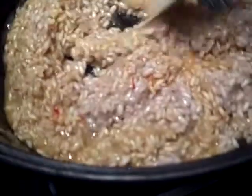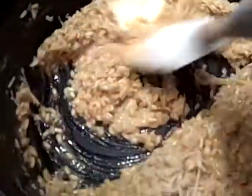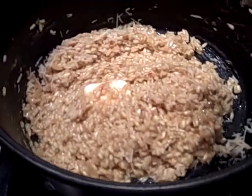Still stirring. Then I'm going to take it off and put in the butter and cheese. I now have the butter and cheese. I'm going to stir it up. And notice I didn't add any salt or any other seasonings because Lord knows there's enough salt in the chicken broth. But I'm going to stir that up, put it on a platter, and put my cedar planked salmon on top of it. And for those of you who would like to know how that gets cooked, go to my blog,